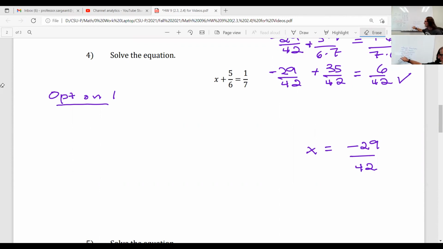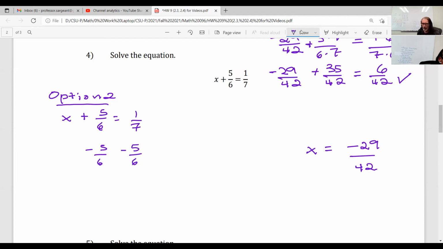So I could have instead, for option 2, since we've already got a 1x, I could just combine like terms by subtracting 5/6 from both sides. And that's going to give us that x is equal to 1/7